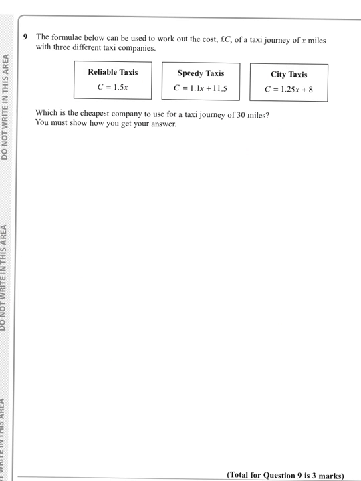Question 9. The formulae below can be used to work out the cost C pounds of a taxi journey of x miles with 3 different taxi companies. So Reliable Taxis has a formula C is 1.5x. The next company has one C equals 1.1x plus 11.5, and the last company, City Taxis, has C equals